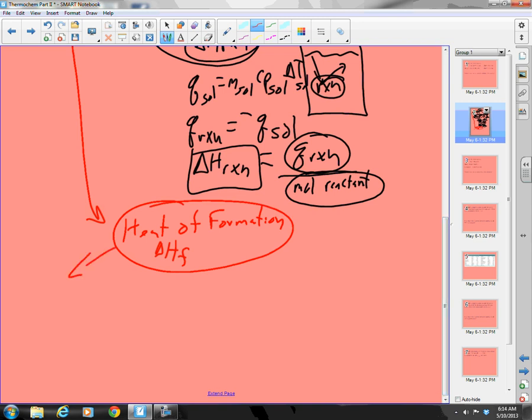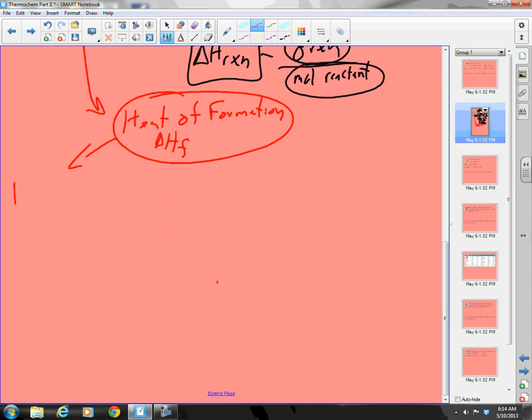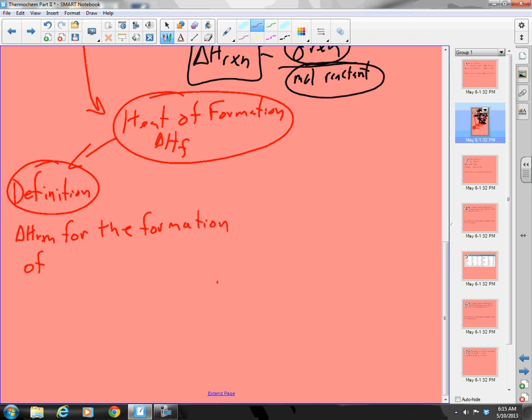And we always want to start with our definition, because if you understand the definition, you can really understand everything else about the concept. You can use that definition to do the math and to do the explanations and figure out the exceptions and so on. Definition, here we go. And words are important, remember that. So what is heat of formation? It is delta H of reaction, heat of reaction for the formation, and here we go, important words here, formation of only one mole of compound